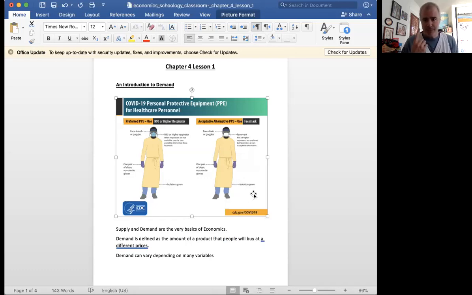I mentioned the swabs that they used to do the test. They ran out of them. Why? Because people don't really use those that much. But now that we need to administer millions of tests a day, yeah, there's a higher demand. We have to make more.